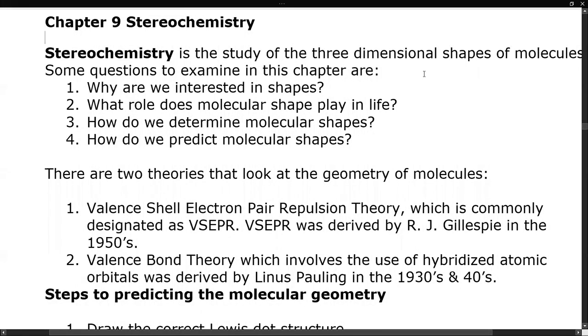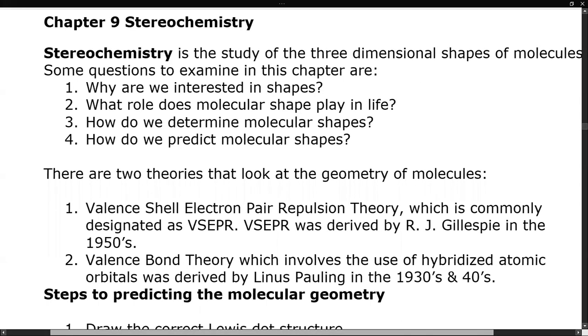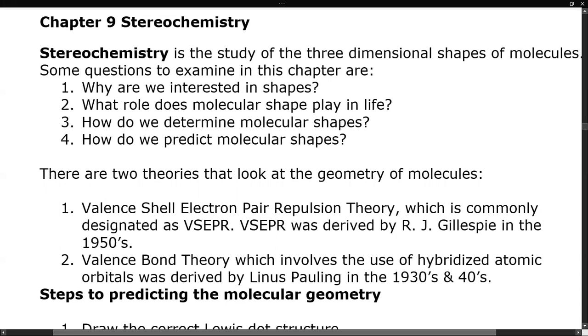All right, this is chapter 9, which is stereochemistry, and it talks about the three-dimensional shapes of the molecules. Now, why are we interested? Shapes impact biological activity, for example. Proteins, enzymes, why something tastes a certain way, smells a certain way. So what we're going to work through is how we determine those shapes and can we predict those